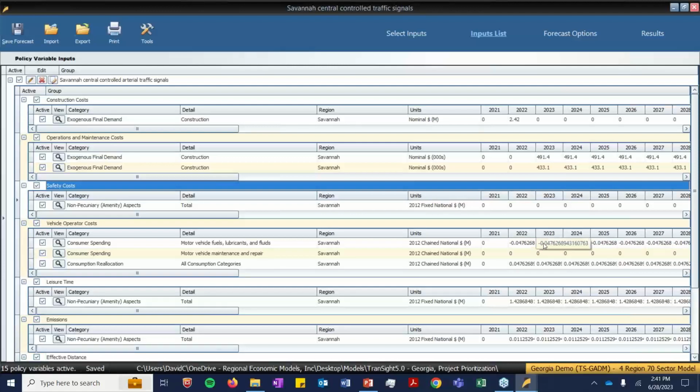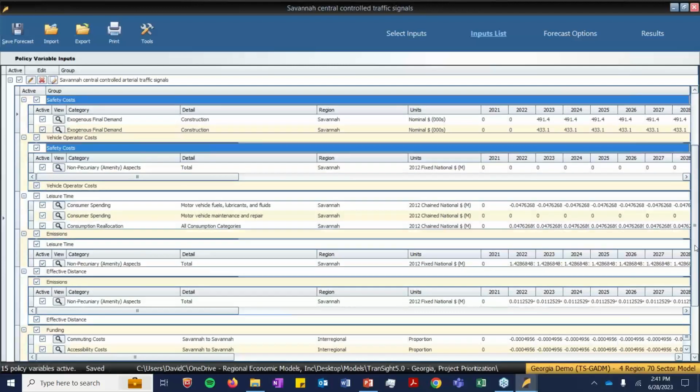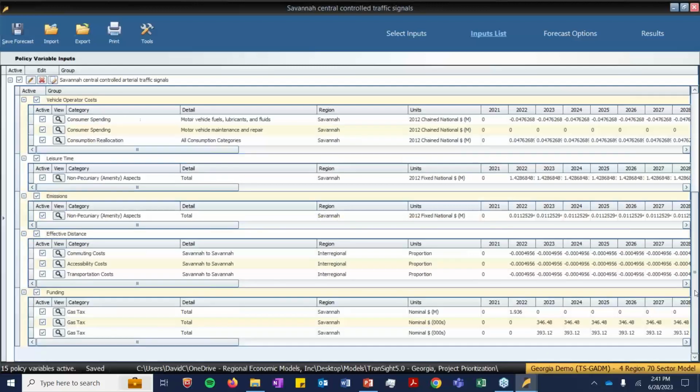We'll show it as a loss in spending in this sector, motor vehicle fuels, lubricants, and fluids. Whereas with a cost-benefit analysis, maybe that's not your focus. You say that is a benefit no matter what, because we're saving people money with this project. That's a good example of how you can weigh the two different approaches.